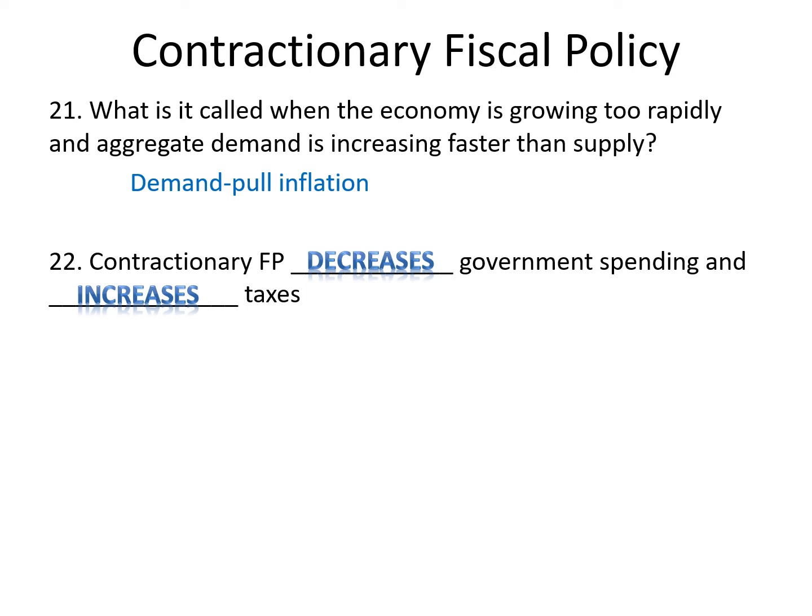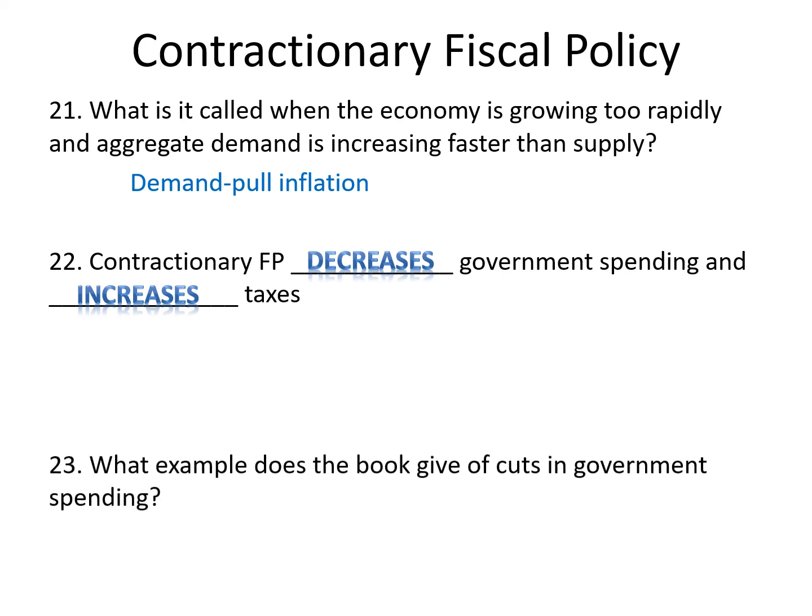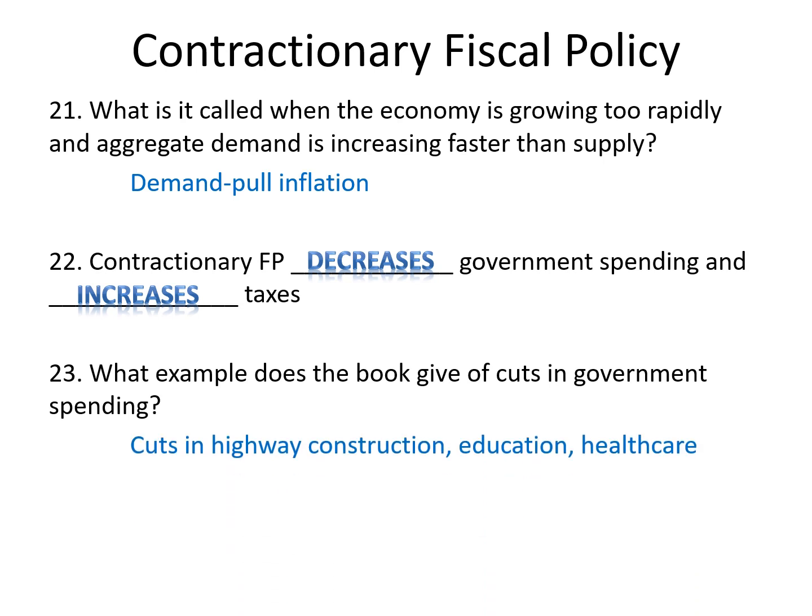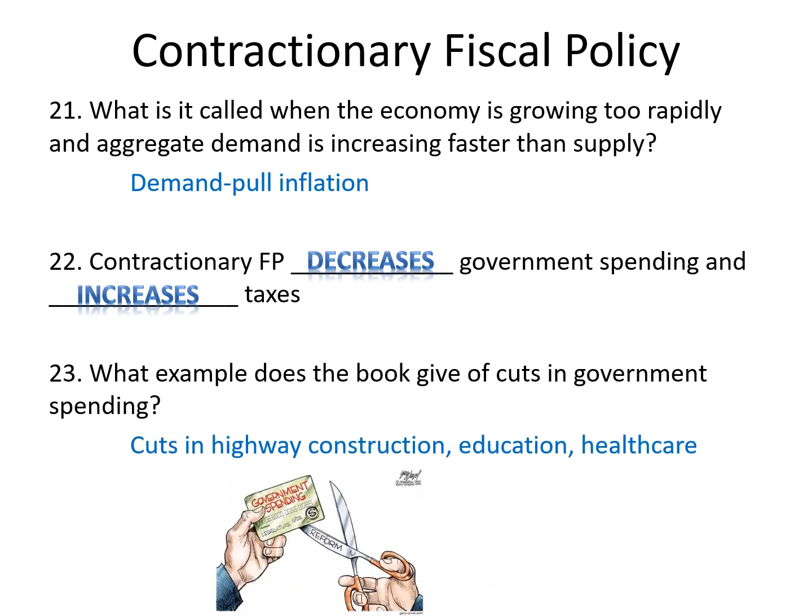If expansionary fiscal policy puts us in debt, well, contractionary policy is supposed to then reverse that debt and get rid of the debt that we racked up through expansionary policy, by spending less money but making more money through more taxes. So you cut highway construction and things like education and even healthcare. You might be thinking that doesn't sound popular, and the truth is